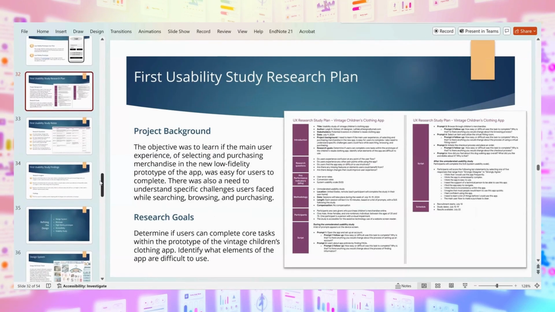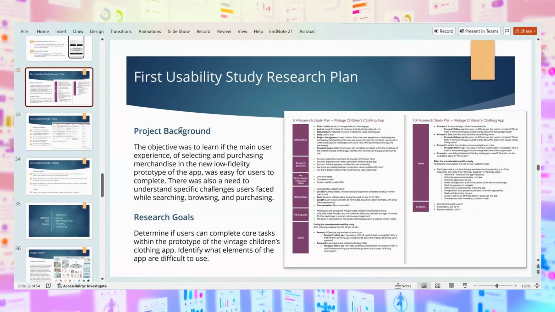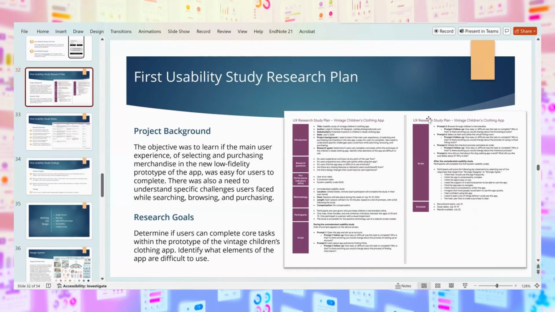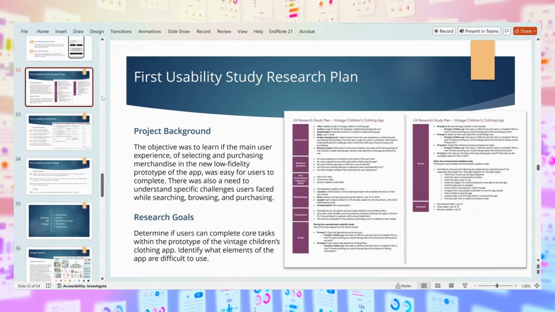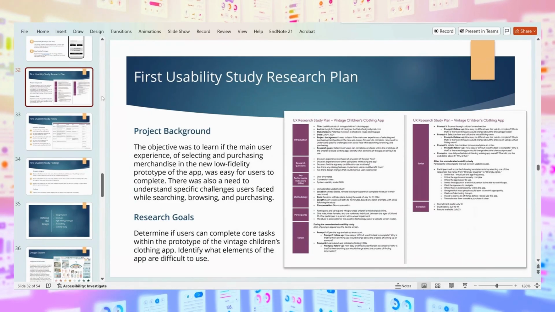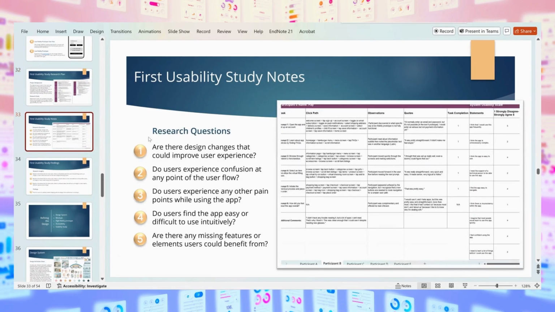So your first usability study, because yes, you have to do more than one, you have a study plan, and you can either do moderated or unmoderated, which someone can use if they record themselves, so you can do it at 3 a.m., or you can do it like an interview on a Zoom call and ask them questions like, why are you having trouble with this? Or what do you think could change about it? And you document all of that in another spreadsheet with your major research questions.